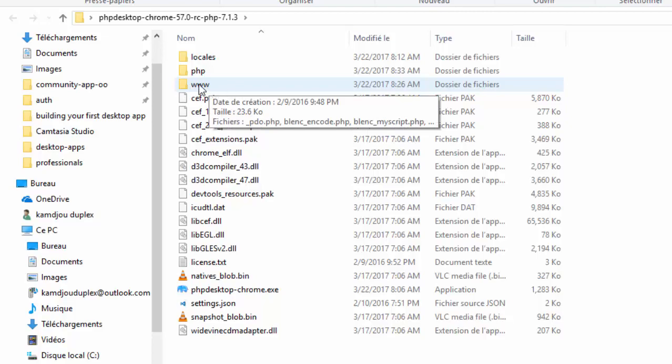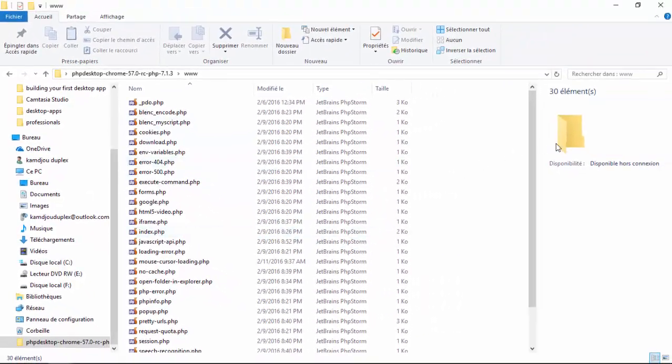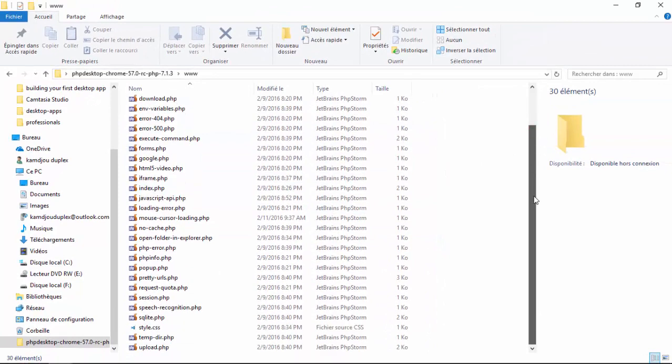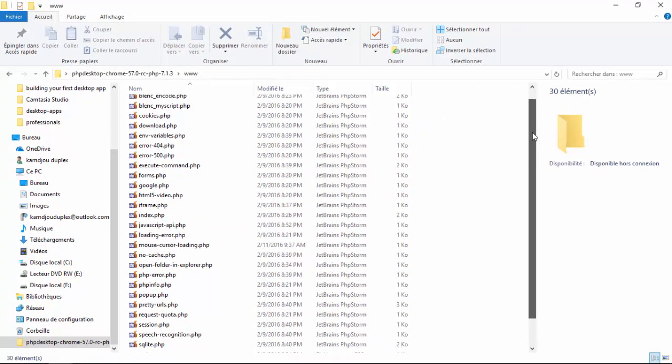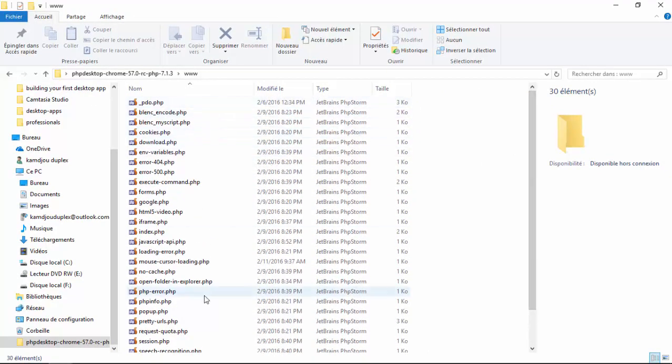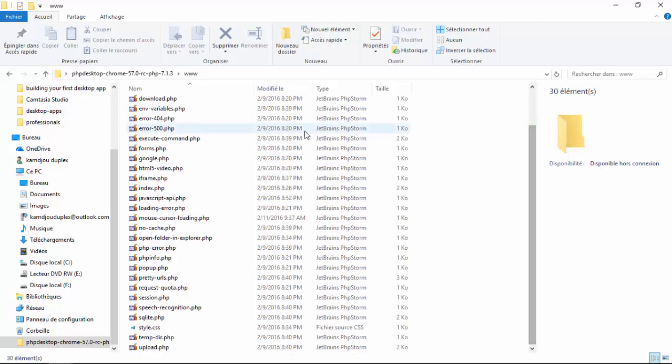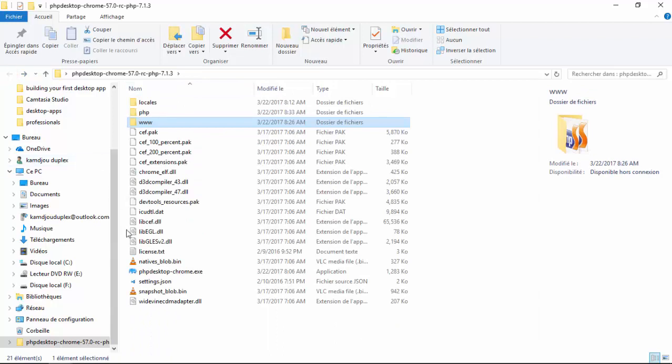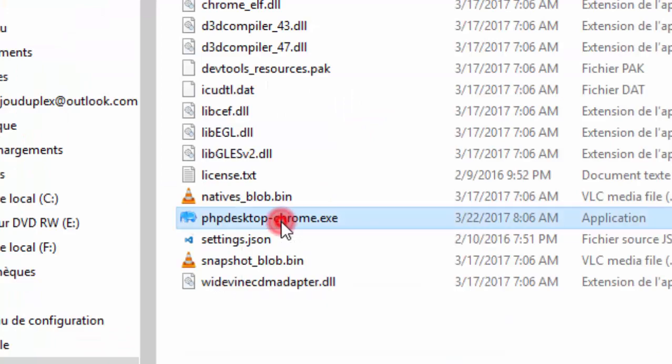In this folder we are going to put our Laravel application. So you can see so many PHP files there. That's just a sample application that comes with the package. So we can start it by double clicking on this PHP desktop Chrome executable.